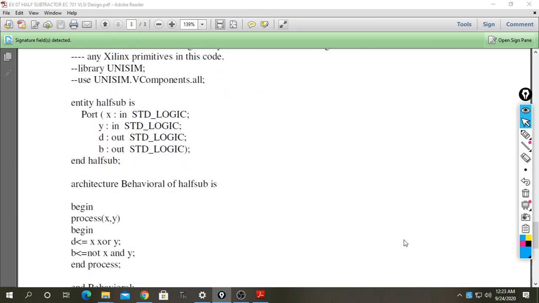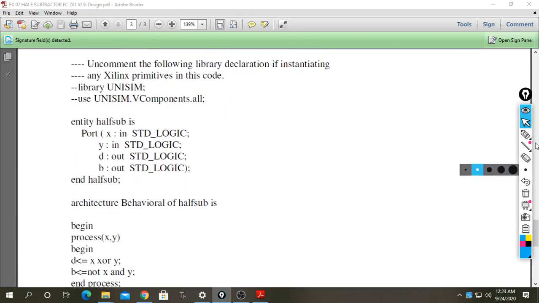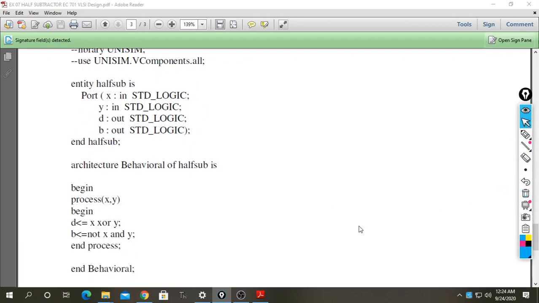I am going to write the program in the Xilinx software. Here I have assigned two inputs. X and Y are the two inputs, whereas D and B are the outputs. B stands for borrow.